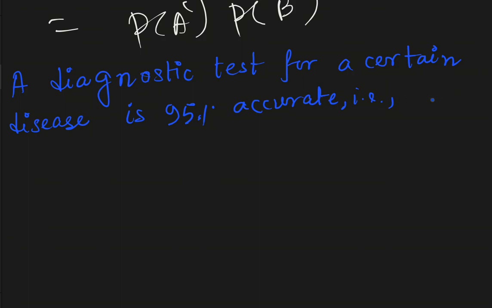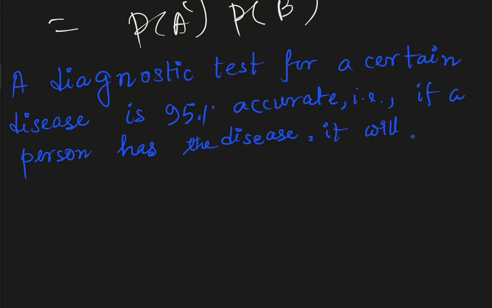That is, if a person has the disease, it will detect it with a probability of 0.95,